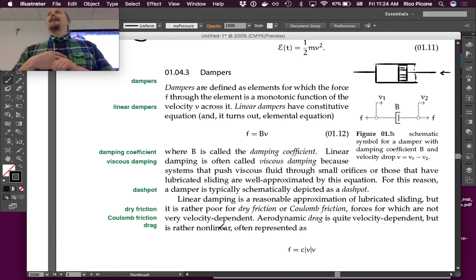So in physics class, you looked at dry friction, like a block sliding. First off, there's the static, and then there's the dynamic coefficients of friction. That's a model for dry friction, and it works better than this does for dry friction. This isn't great for dry friction, so keep that in mind. In mechanical systems, in machine design, often we lubricate any sliding that happens, so you can use this sort of model to approximate that.